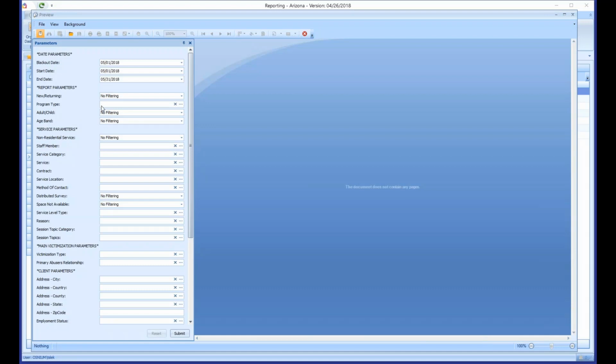Okay. Now, because I am running a services flex report, below that I have my service parameters here. So anything that was on your service screen is going to be a parameter. So we have the non-residential service checkbox, so that's this parameter here. Staff member, service category, service, contract, service location, method of contact, and then the other two checkboxes for distributed survey